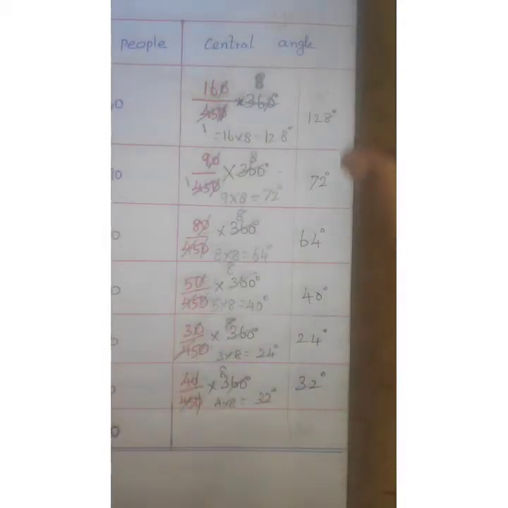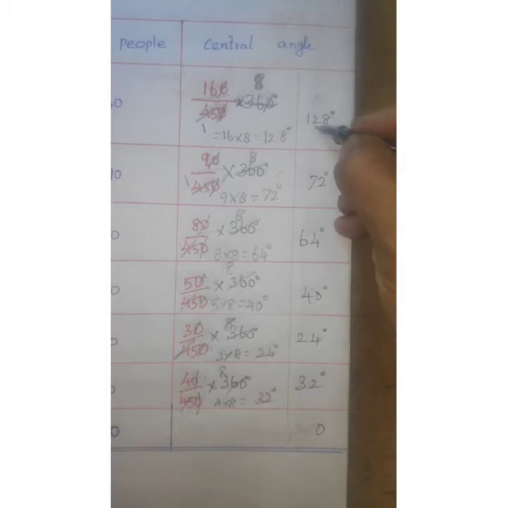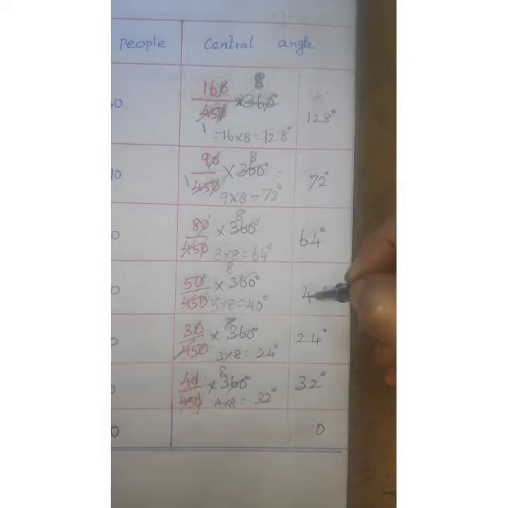Okay, now you add all these numbers. 8 plus 2 is 10. 10 plus 4 is 14. 14 plus 4 is 18. 18 plus 2 is 20. Remaining 2. 2 plus 2 is 4. 4 plus 7 is 11. 11 plus 6 is 17. 17 plus 3 is 21. 21 plus 2 is 23. 23 plus 3 is 25.